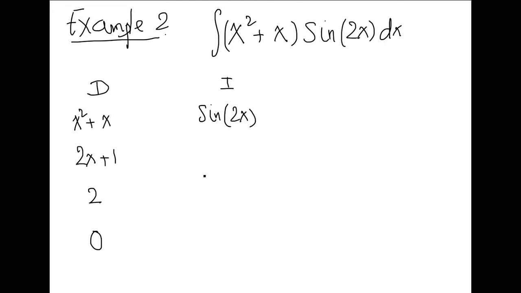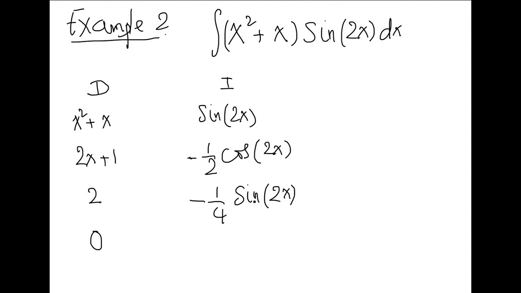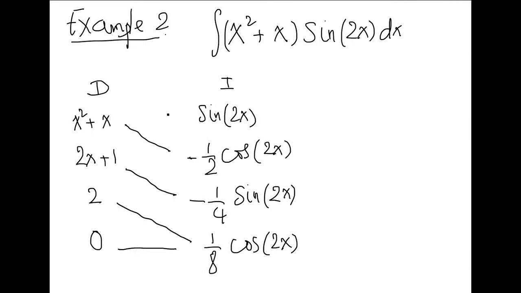For sine of 2x, antiderivative will be minus a half cosine of 2x, antiderivative again, minus a quarter sine of 2x, and antiderivative again, we have 1/8 cosine 2x. Now we have diagonal, diagonal, diagonal, and lastly horizontal. Plus, minus, plus, minus. So the answer is,